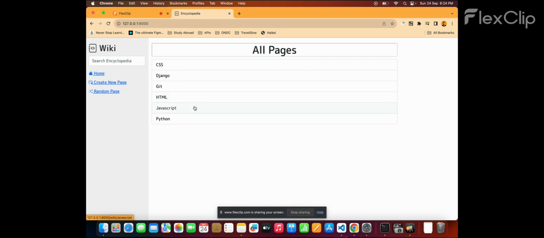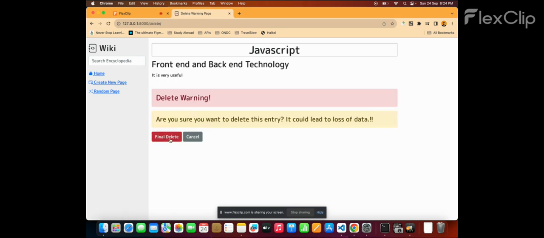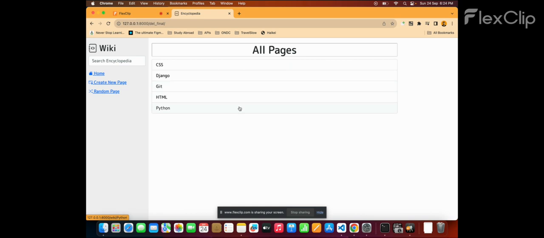One more thing, if I want to delete this, I have put the delete function as well. It gives a repeated warning. Still, I want to delete. JavaScript has got deleted, and there is a small toast which will get removed automatically. Okay, so that is pretty much it, and you can let me know if you need to know how that